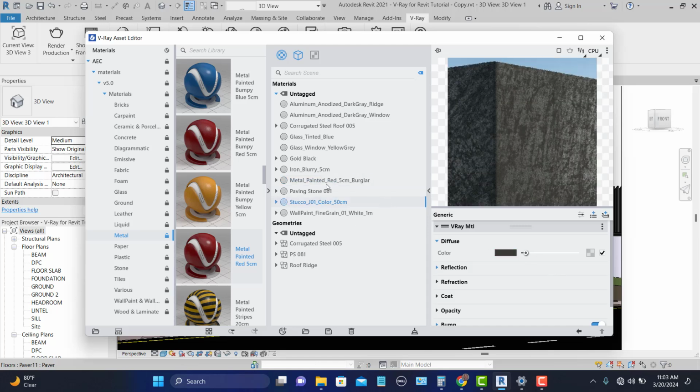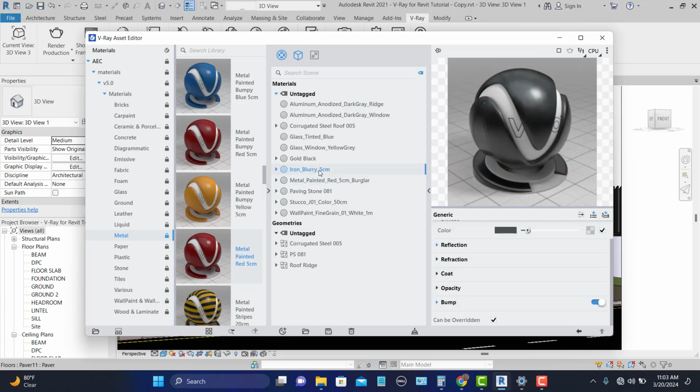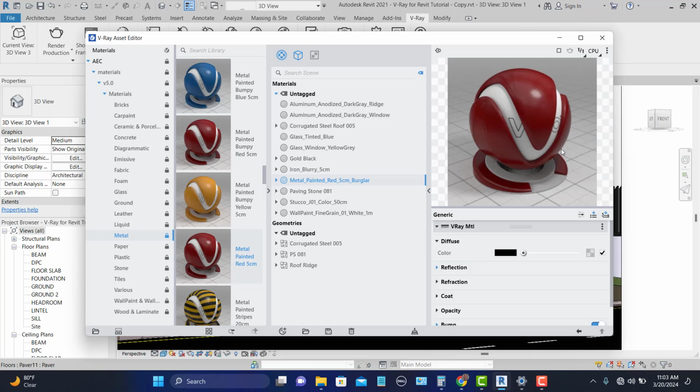I'll just increase it a little bit. It's going to give me black. So I want it to be black. So wait for it. It's going to turn black. It's a bit slow. So then